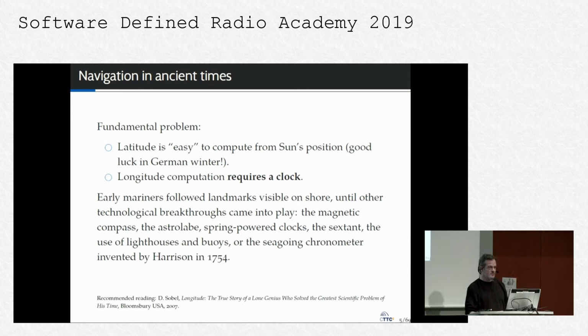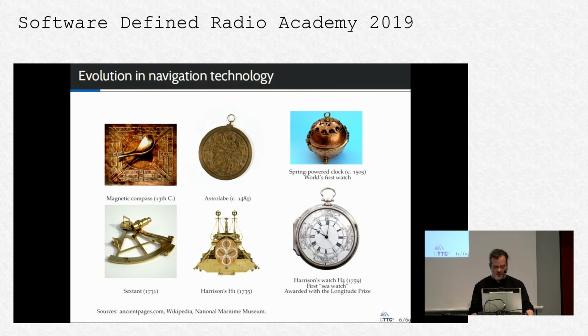You can see here the magnetic compass that the Chinese made in ancient times, the astrolabe. Maybe you can see the first watch there, which was made near here in Nuremberg. And then we have the sextant and the clocks made by John Harrison, who was the winner of the longitude prize, the guy who really got the technology for ships, for navigation at sea. Because at those times we had sand clocks, and pendulum clocks don't work in a ship. So we need mechanical clocks, and this is the guy who made it.